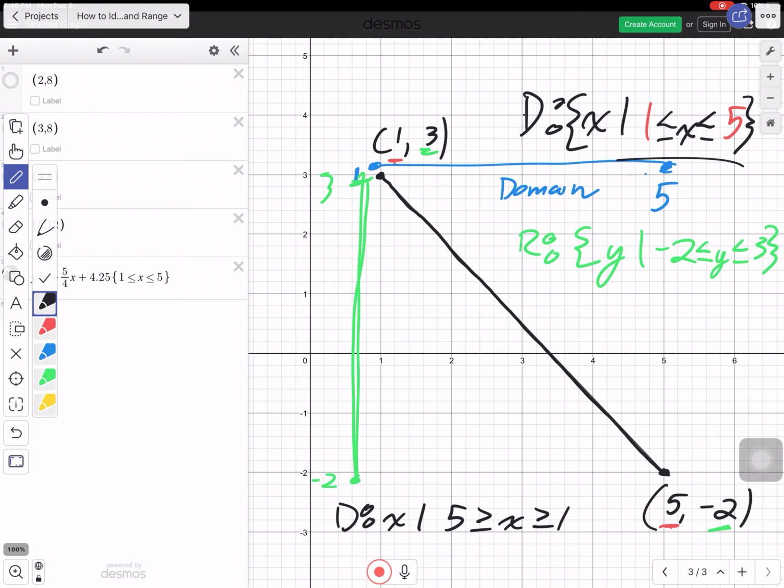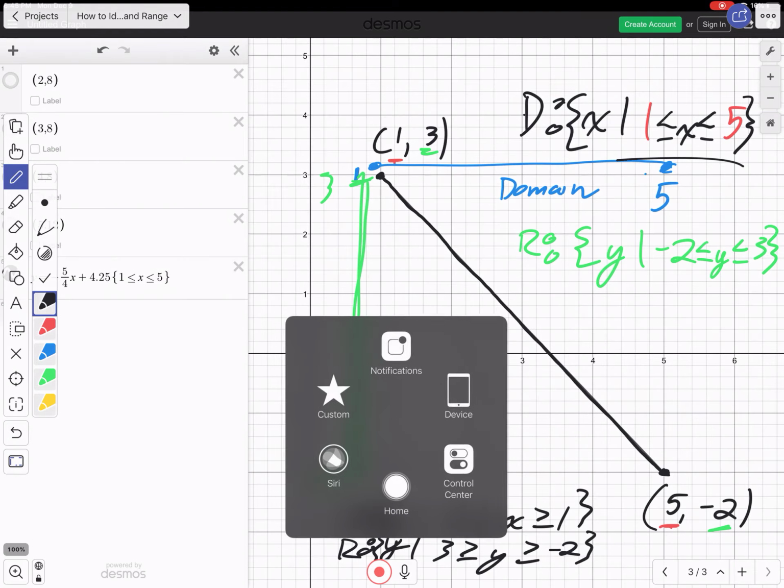It's common to write, just for the reader's point of view, the lowest number on the left, because we read left to right, to the highest number on the right. But this isn't wrong, what I'm doing. And the range could be Y, such that 3 is greater than or equal to Y, which is greater than or equal to -2. Okay? All of those are correct in this instance. So it doesn't really matter which way we do it, though one way is more practiced than the other. Okay? So